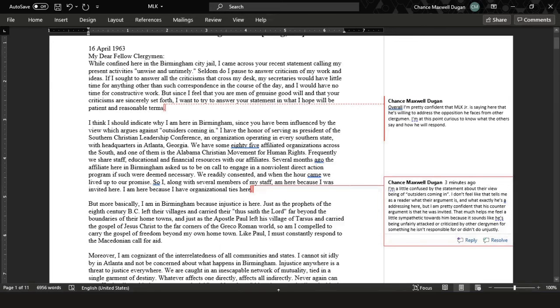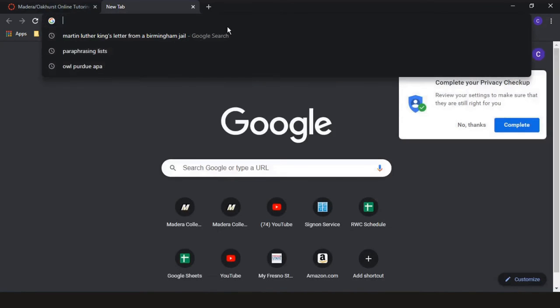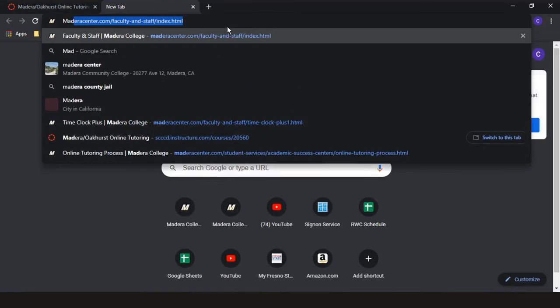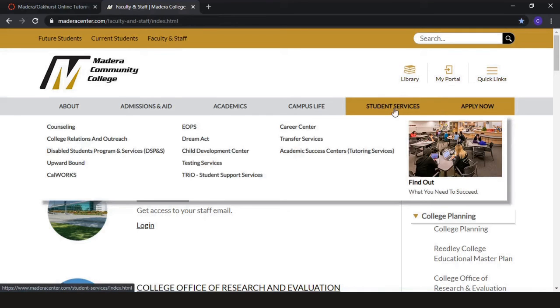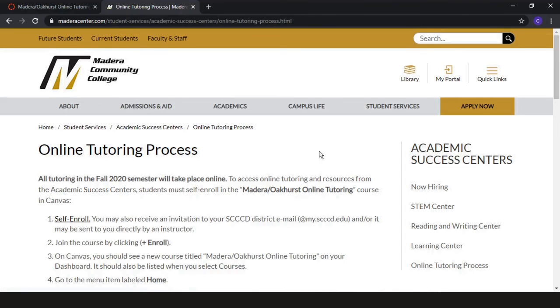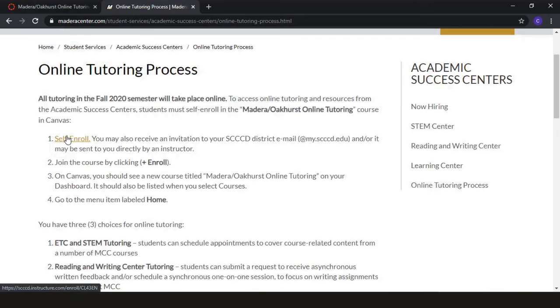And for more information, or if you're curious on where you can find these handouts, including the play-by-play response, you can find them on the Madeira No Cursed online tutoring page, which you can find if you go to the Madeira Center and make your way over to Student Services, Academic Success Center's Tutoring Services from the Madeira Center homepage, and scroll down to where you see the self-enroll.